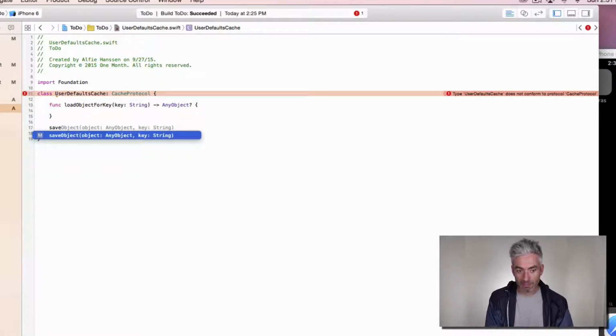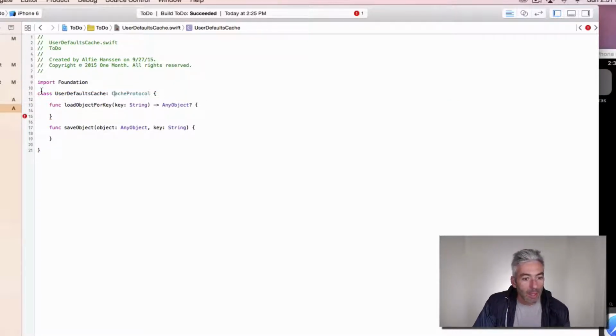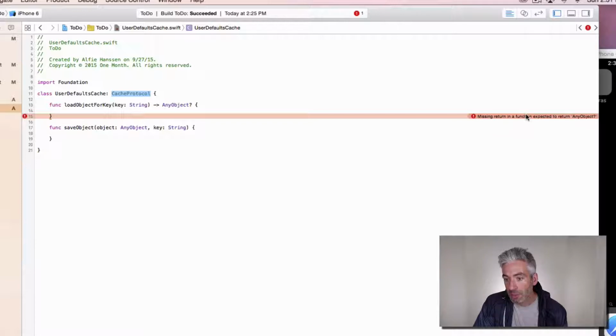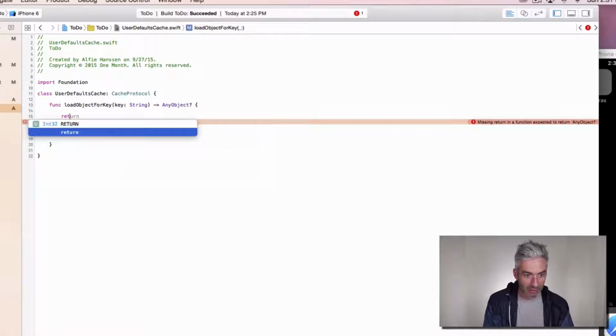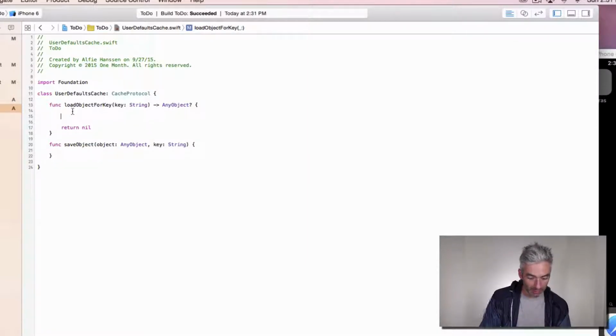I can do the same thing for our save object function, which means that we now have a class that is set up to provide implementations for the two methods that it is supposed to implement in cache protocol. We'll get a new error here which says this function is missing a return statement, because we said that it's going to return something or nothing. So for now, let's just return nil. And what I'm going to do here, come on, buddy. Sometimes the compiler is a little slow. If you do Command B to build, you'll see that error go away because you know that we've responded to the initial warning correctly. I'm going to move our print statements over here